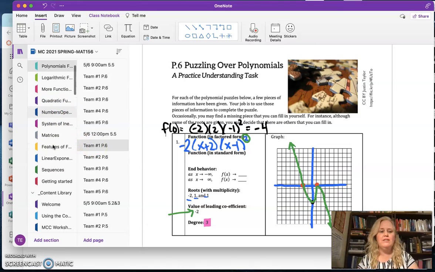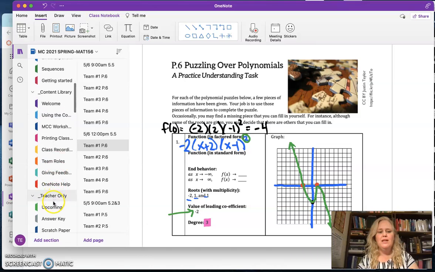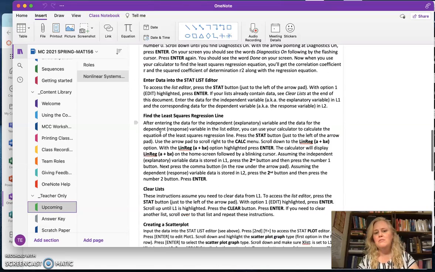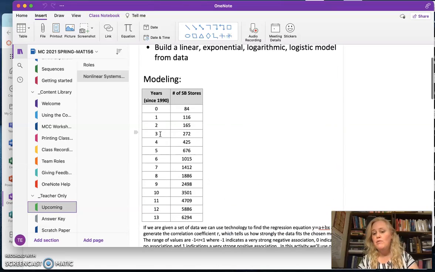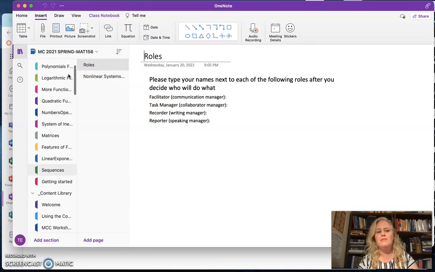Let's scroll down a little bit to get to the teacher only section. Down in the teacher only section, I had my upcoming pages. Maybe this is the data I was going to show for the next section. Sometimes I would have a basic part of the page, the roles I used at this time, and I could just copy and drop those in and then upload my new